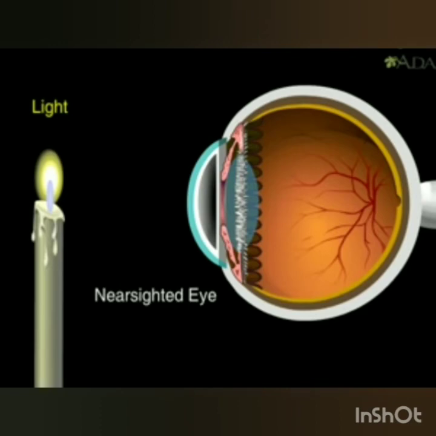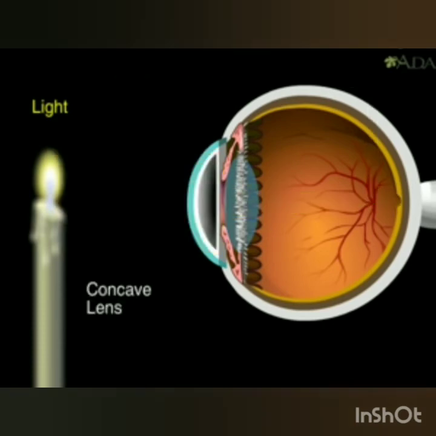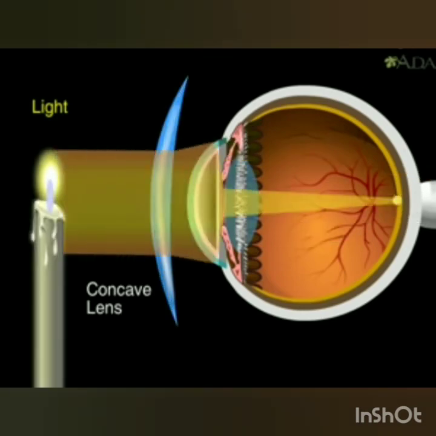The light coming from an object is forming an image not on the focal point on the retina, but just in front of the retina. That's the reason why a blurred image is formed on the retina. That blurred image only is taken to the brain. So in order to correct it, we use a concave lens. You can see that the focal point is now adjusted onto the retina. So for proper vision, the image has to fall on the retina. If it is in front of or behind the retina, then you get a blurry image.